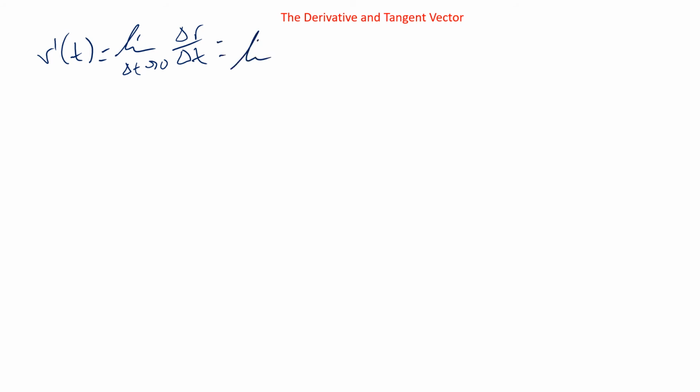This will be the limit as delta t goes to 0 of r of t plus delta t minus r of t, over delta t. We can do some calculations. We could plug in the x and y components separately, which really helps out. But what we'll end up getting, r prime of t